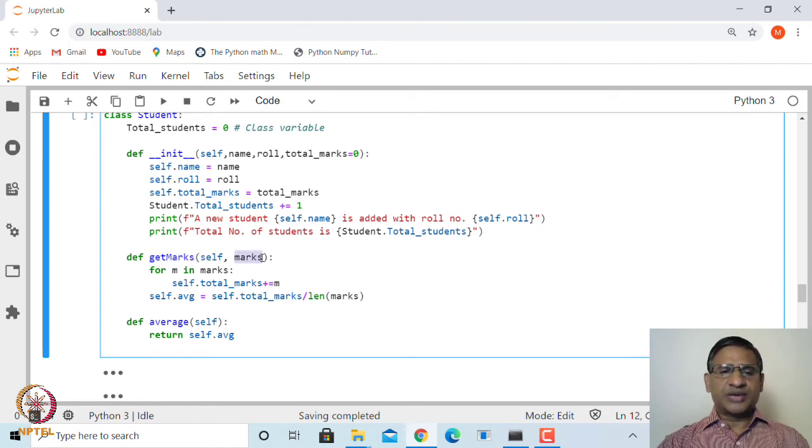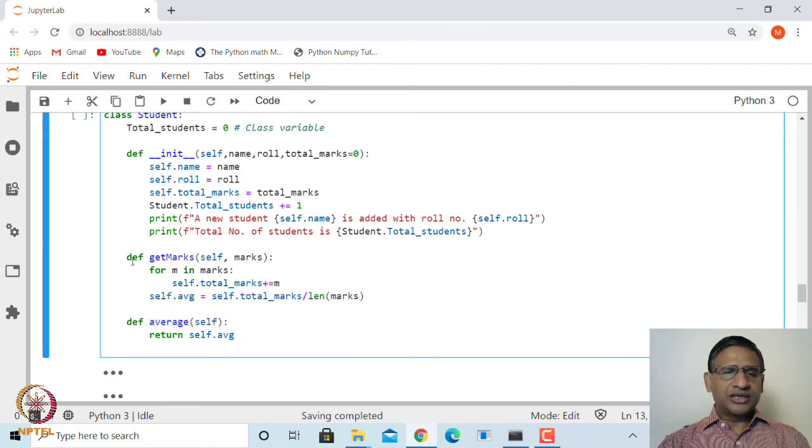It may be a list of marks in 5 subjects or 4 subjects or as many subjects as you want. And then, once you have given the marks of the student, we want to print the average of the marks. So these are the 2 new methods we are creating inside this student class.